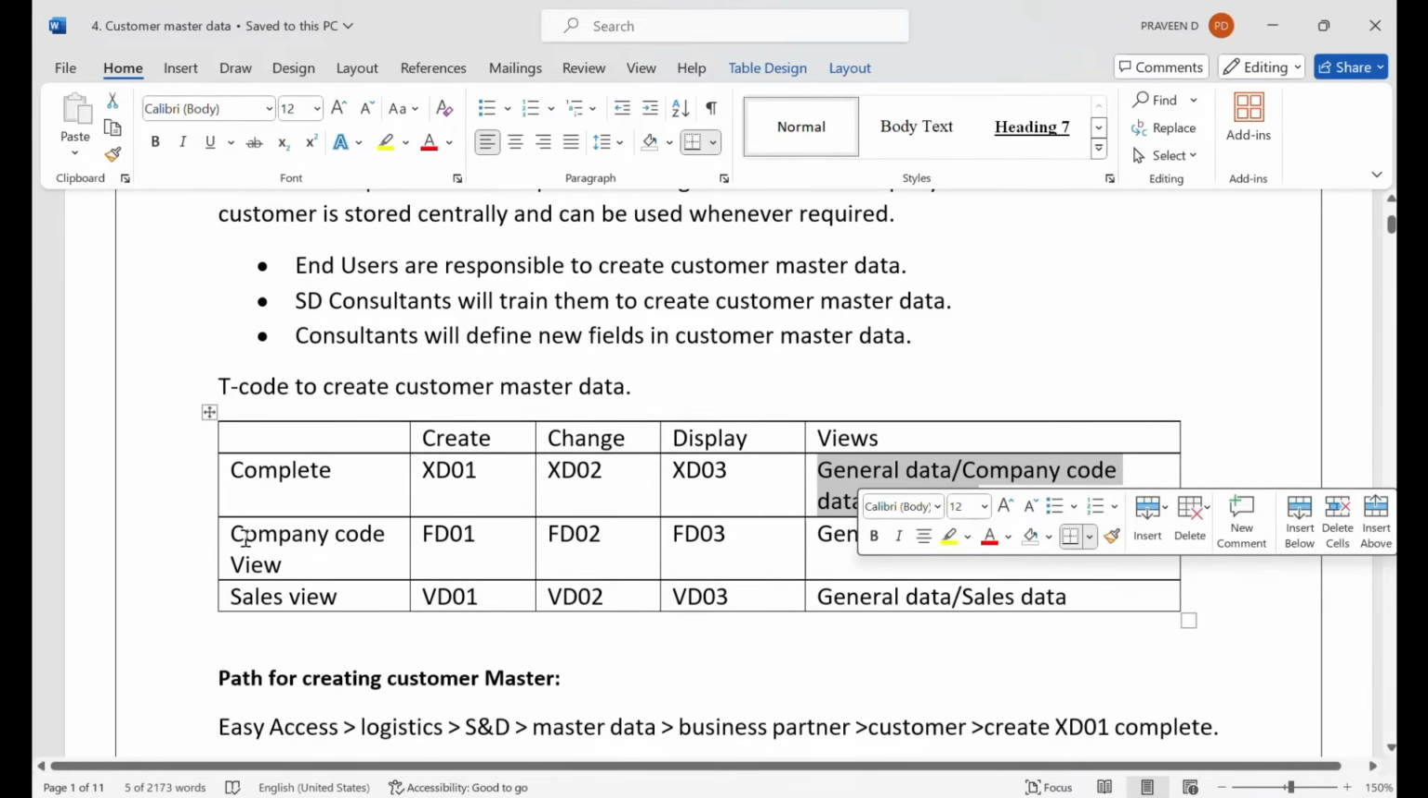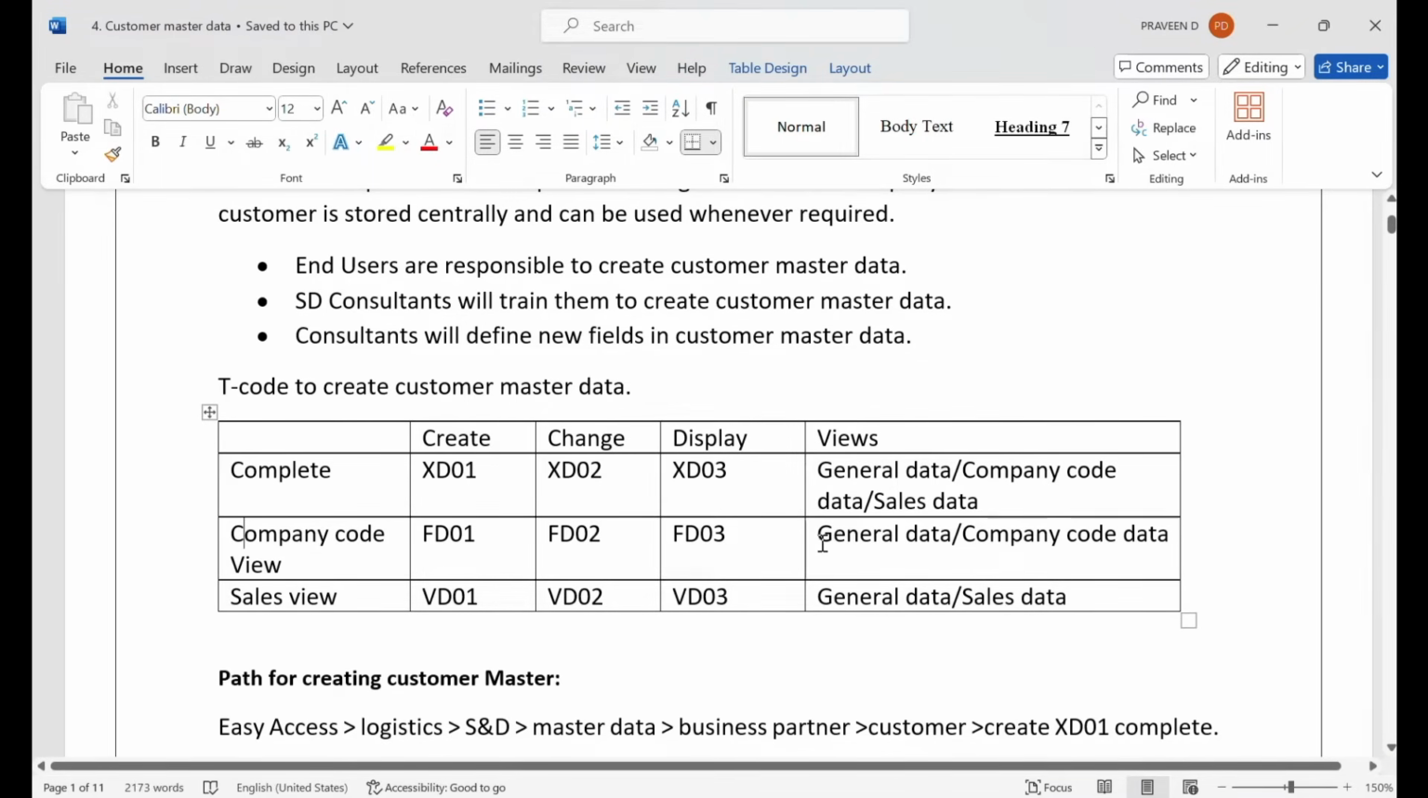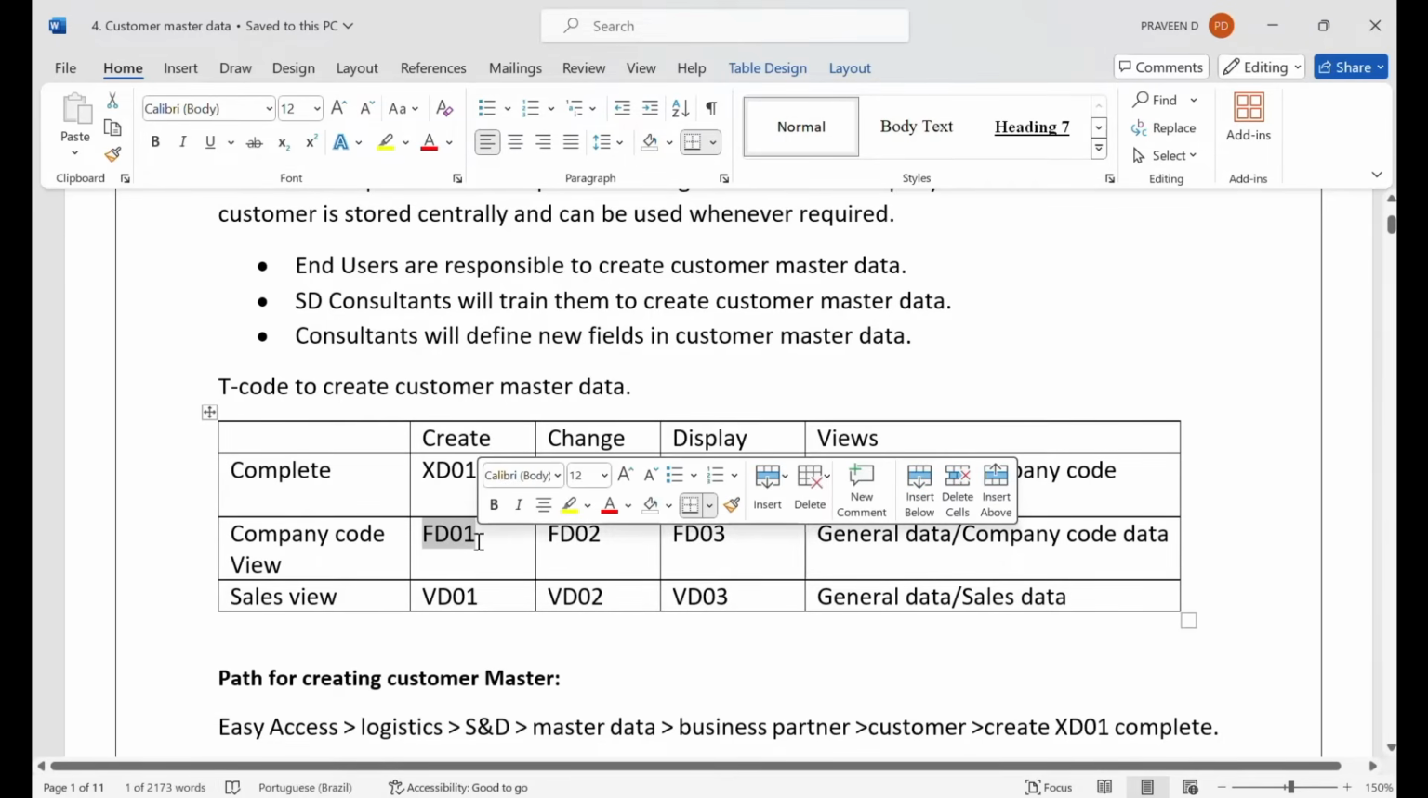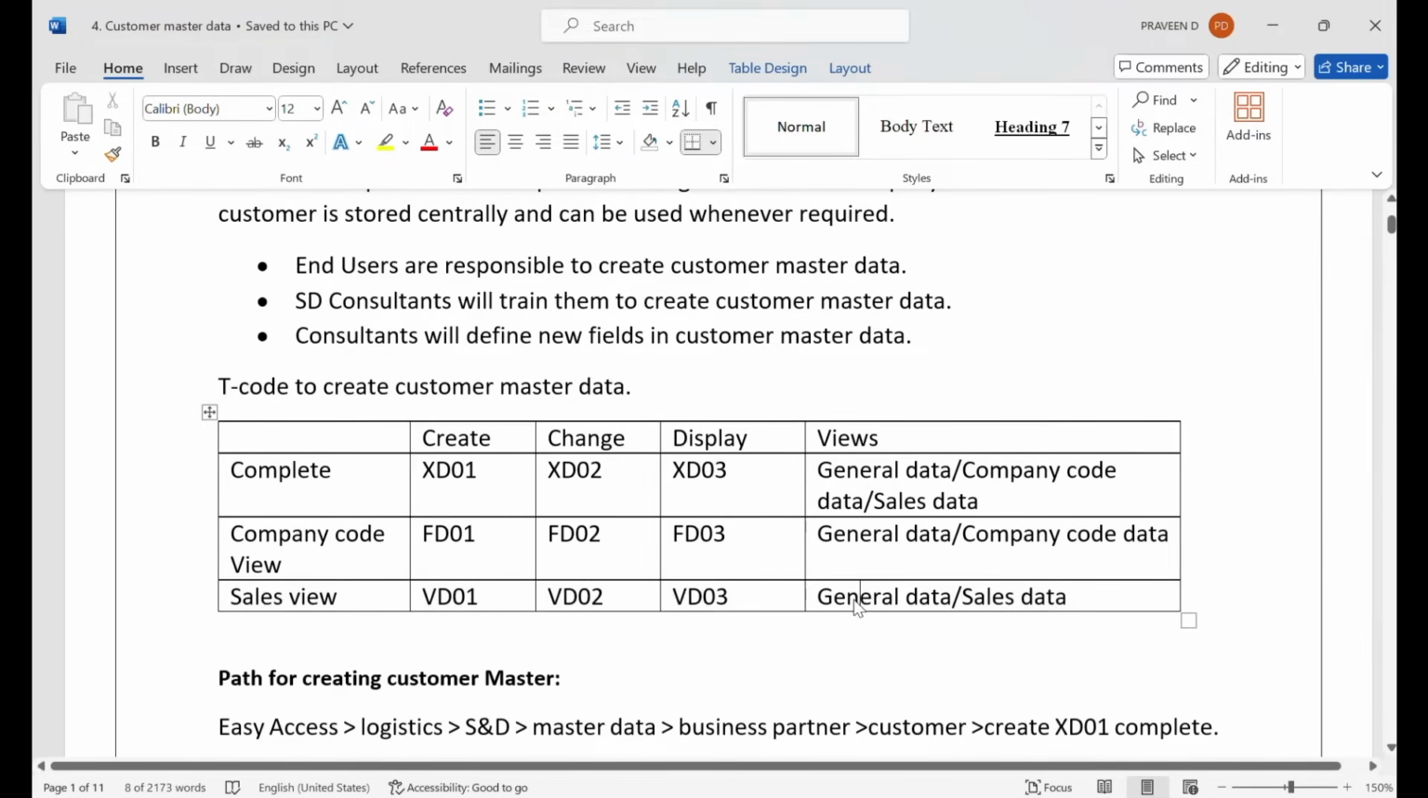Now, if I want to create a customer in general data and company code data, I'm creating a customer only in general data and company code data. Usually finance people will be responsible to create customers in general data and company code data, and this is the transaction they use. Now if the customer has to be created in general data and sales area data, then